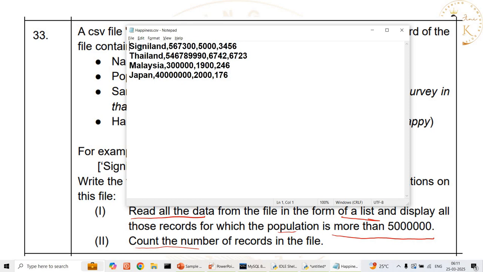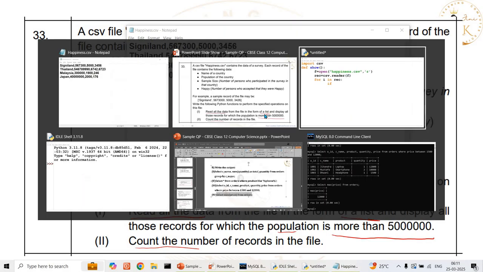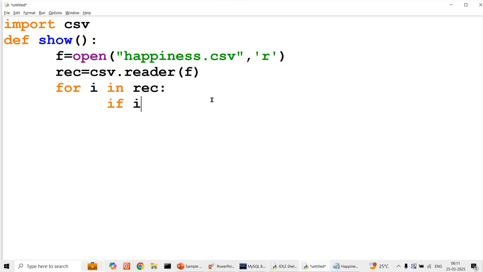That means the second value in the list, in the form of a list, right? What is the index of the second value? The first one is 0, the second one will be 1, correct? So I'm writing if i of 1, the index of the second value is 1, is greater than,